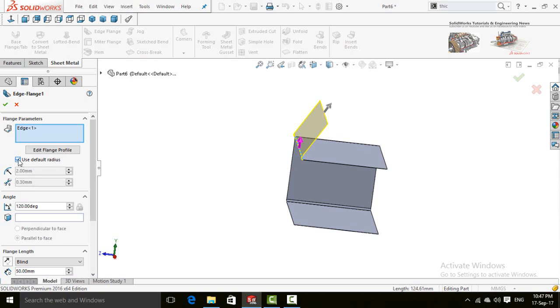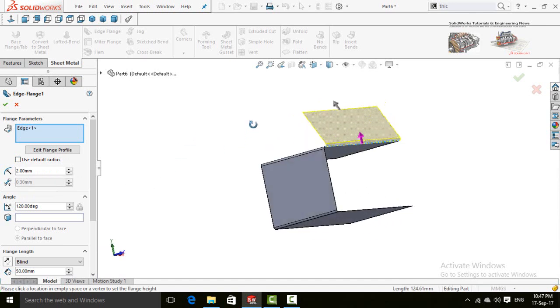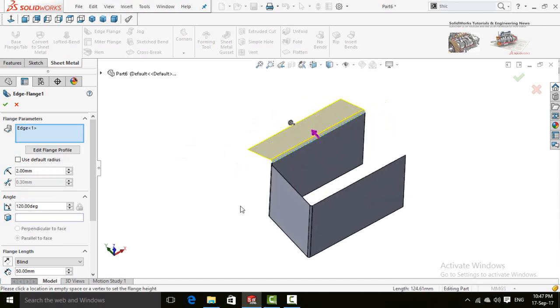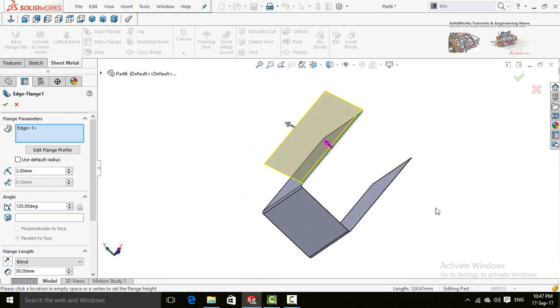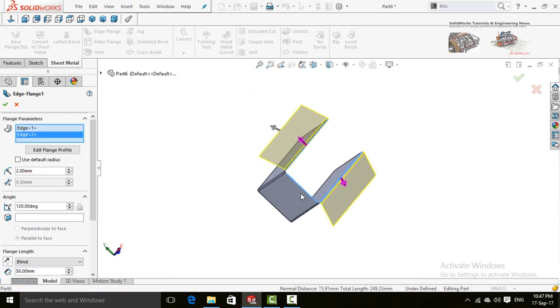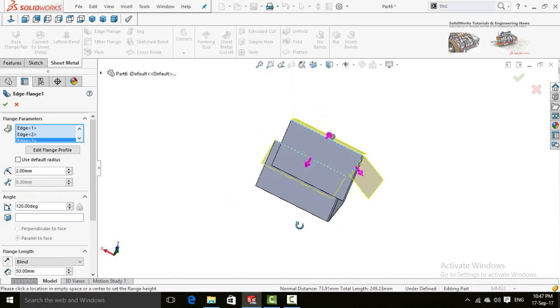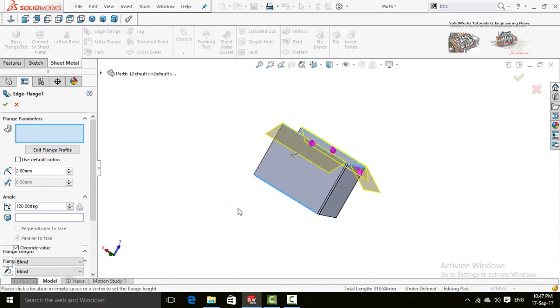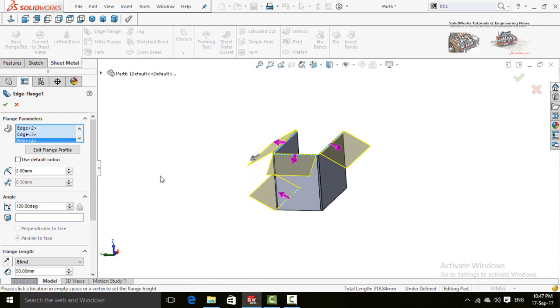If you uncheck this box, here is the bend radius and gap distance. So you can select multiple edges to create more than one flange. Once all done, press the OK button to apply this command.